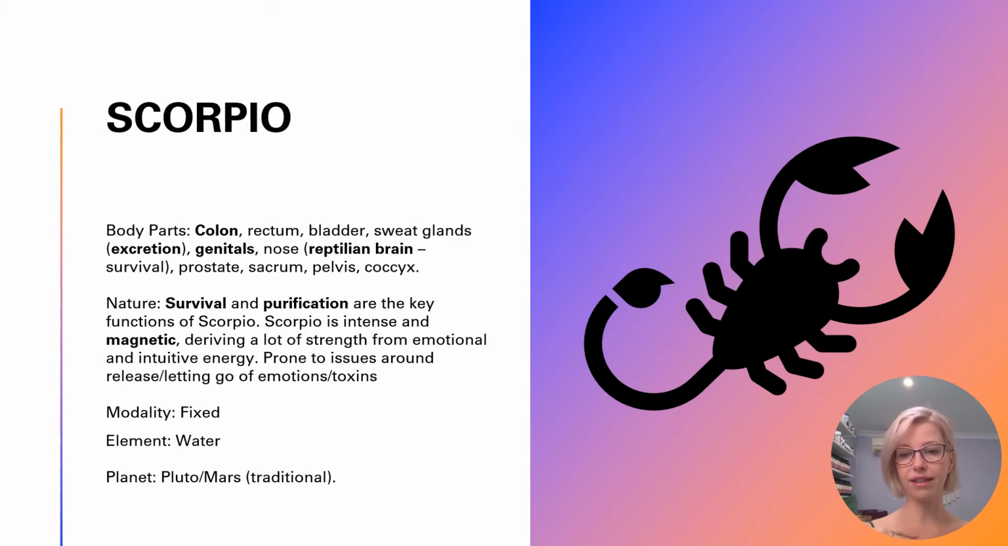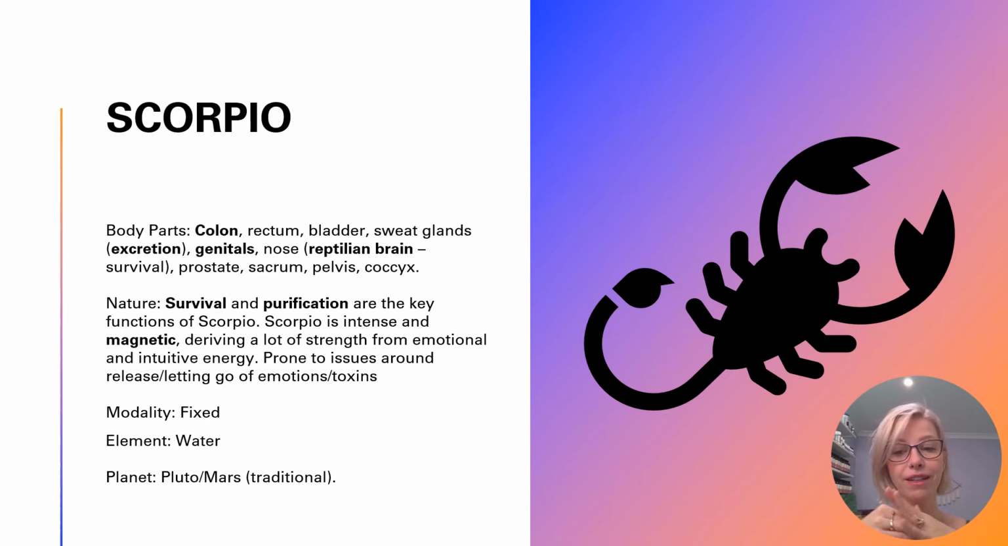They are magnetic in nature as people, but they're also magnetic in the sense that they will take on people's energy or illnesses. And yet, a lot of their health will come from emotional and intuitive energy, because they're a water sign. Prone to issues of holding on to emotions and toxins, because their function is purification and excretion. If they're not functioning well, they will not purify, they will not excrete, and that's where the scorpionic issues come